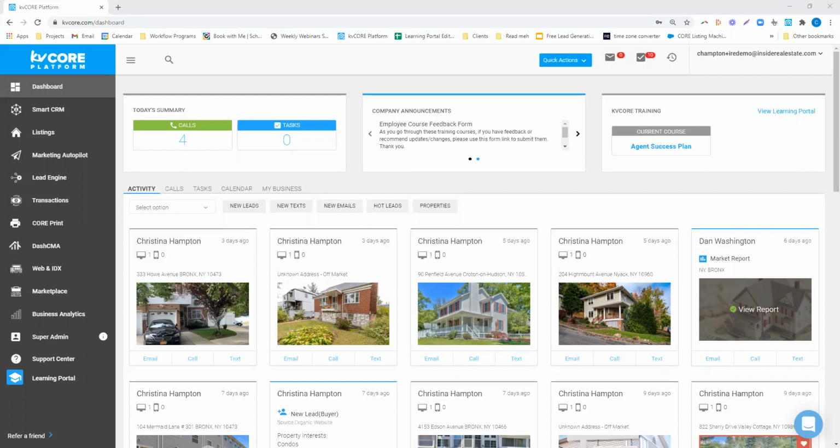So the point is, I've spent time with agents helping them grow their business. I worked at a brokerage training agents on different tools and technology, and one of those tools was KvCore. So I wanted the opportunity to train more often and more people on this tool. So I came to work directly at Inside Real Estate. So that is what brings me here today